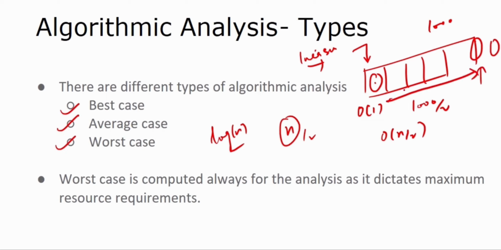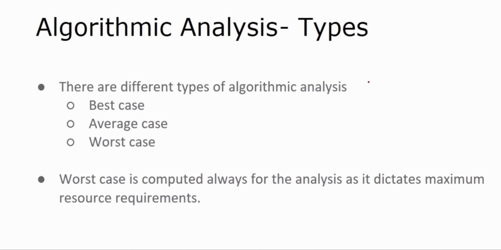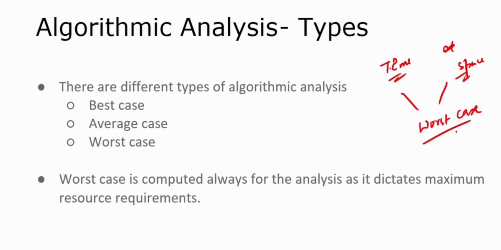Now when you talk about worst case, the element is found at the end, or it is not even found in the array. You are traversing each and every element in the array and still you were not able to find the element. So this is the worst case, okay? Now the worst case is always taken into consideration because this is the maximum resource that you require, when you talk about time complexity or space complexity. So time and space, you always talk about worst case scenario,